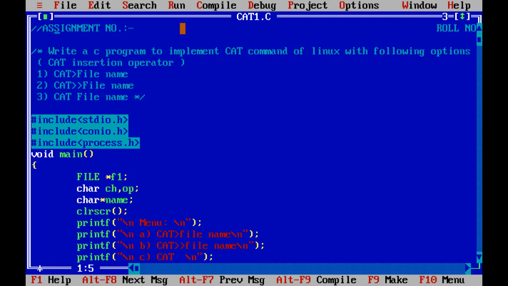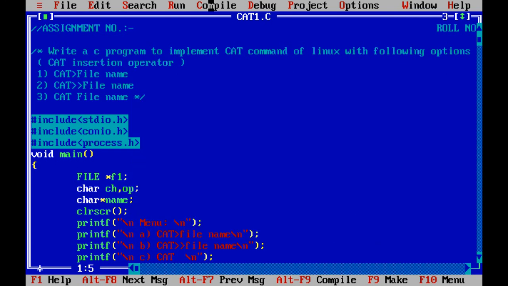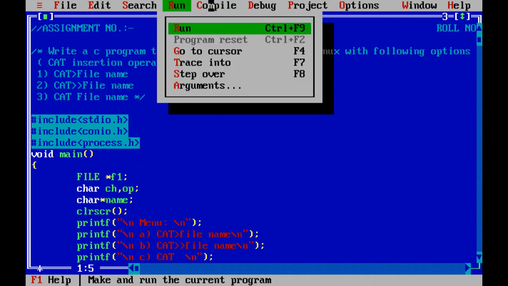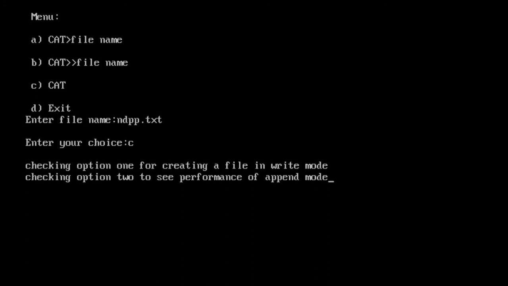Now again let us compile the same code for option 3. Let us run it. Let us enter the file name, option C, which is just going to display the contents of our file. Okay, so it has displayed the contents of our file.